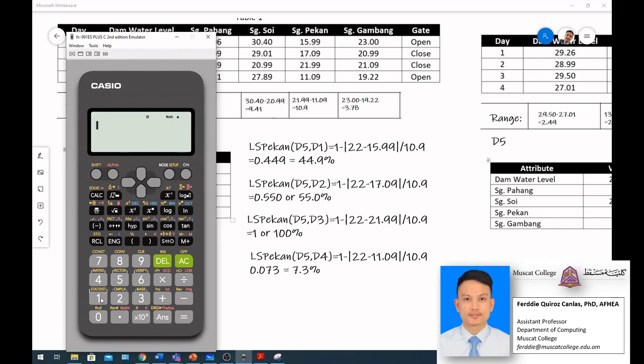So let's see this one. 1 minus the absolute value of 22 minus 11.09. Then